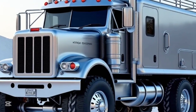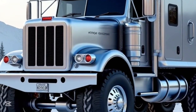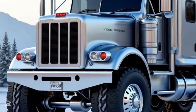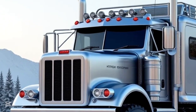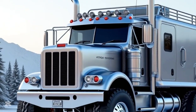If you think luxury can't meet raw American trucking power, then get ready to change your mind, because today on Autoscope we are diving into the all-new 2026 model Kenworth Motor Home, a rolling mansion built on one of the toughest heavy-duty platforms ever created. This is not just a camper, this is a statement on wheels, designed for those who want highway dominance combined